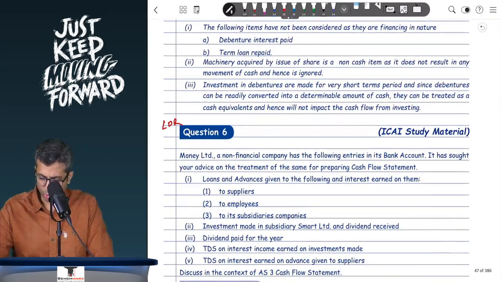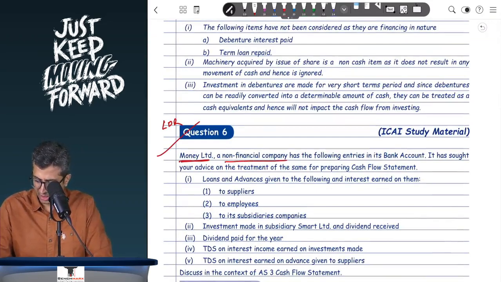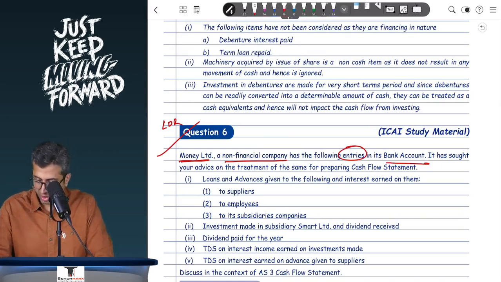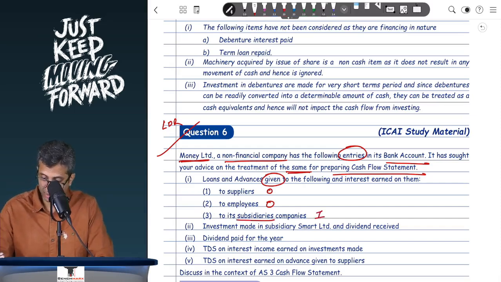Okay, next you go to question number 6. Money Limited is a non-financial company, so it's not a bank or an NBFC, and has the following entries in its bank account. It has sought your advice for treatment of the same for the purpose of cash flow preparation. Loans and advances given and the interest earned on them to suppliers operating, to employees linked to your operations operating, to subsidiary companies investing,